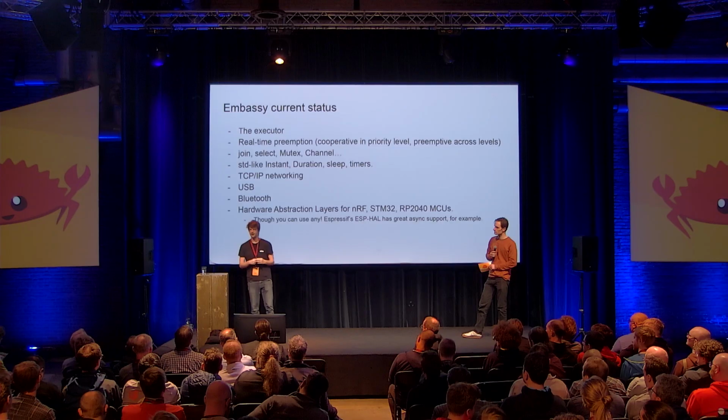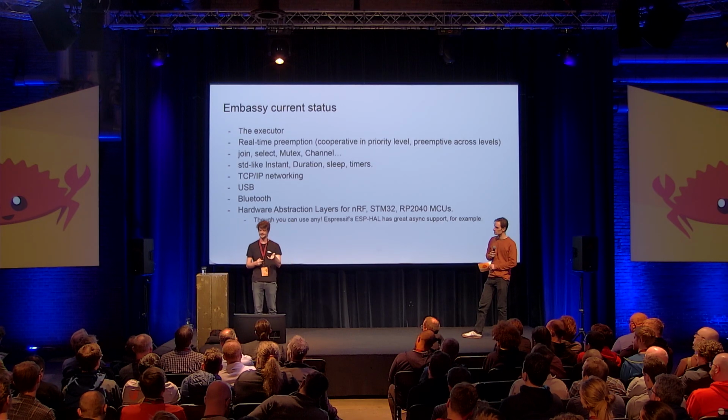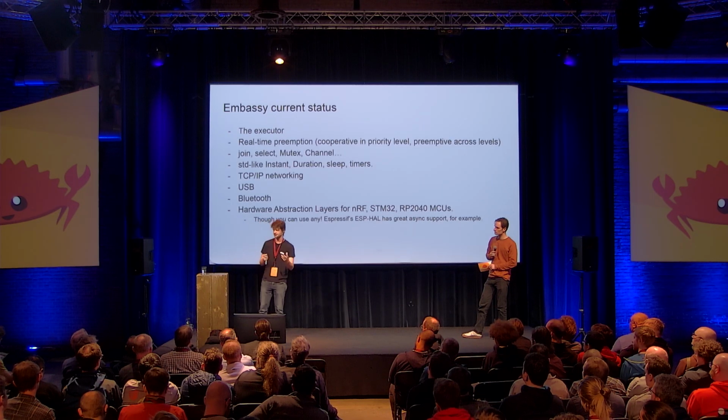However, this is only within one single executor, and Embassy layers on top of this a real-time layer where you can create multiple executors at different priorities, and executors at higher priorities are driven by interrupts. So if a task at a higher priority is woken, it will trigger an interrupt, which will trigger the higher priority executor to start polling it, preempting whatever task was at the lower priority. So yes, you can get real-time preemption, kind of like in an RTOS.